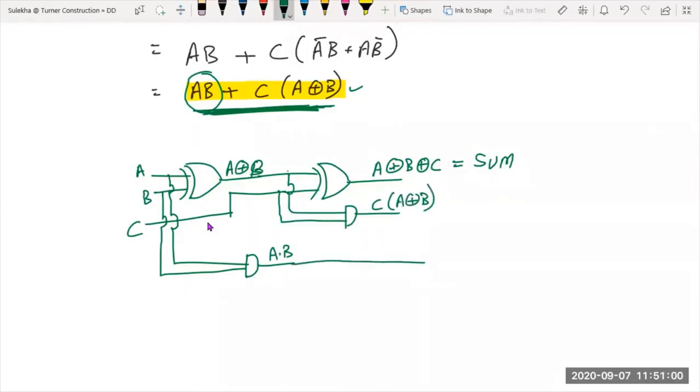After taking these two things, we need an OR gate for connecting them together. So I am taking one OR gate. So my final expression will become AB plus C A XOR B. And this is nothing but my carry one. So basically, if you don't have any restriction, you can design the circuit of that full adder box depending upon whether you have an XOR gate or whether you have a combination of NOT and OR gates. But if I have only universal gates, I need to realize the circuit with the use of only NAND gates or with the use of only NOR gates.